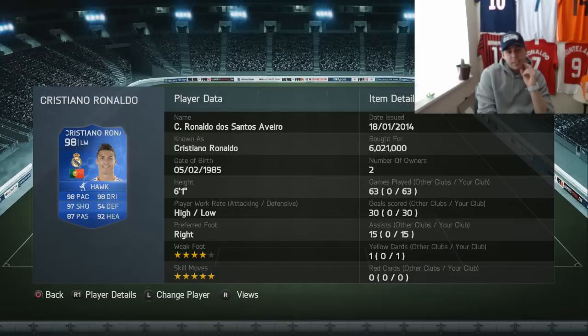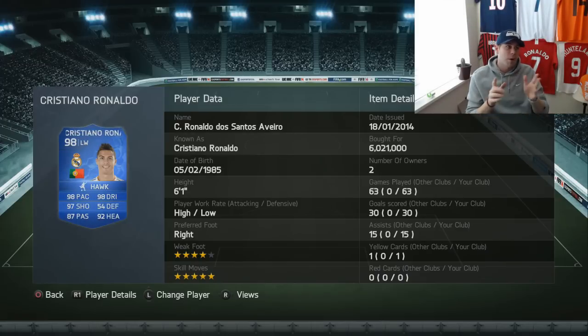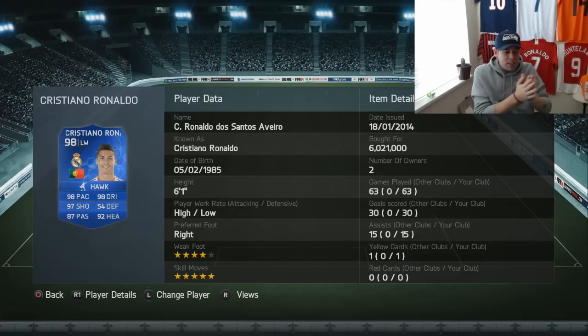Now moving on to his price. I paid 6 million coins for this Team of the Year Ronaldo right when he was in packs. You guys that know me well know I'm insanely OCD when it comes to a fresh card, and when I was a kid I used to collect hockey cards and football cards and Magic the Gathering cards. Oh, I should probably edit that part out, but similar to card collecting there, you want to get a card